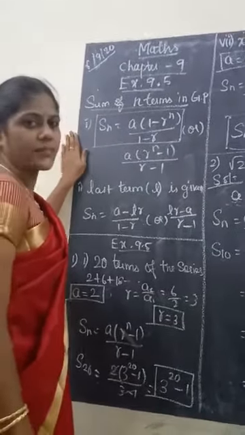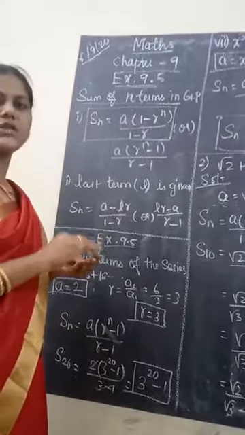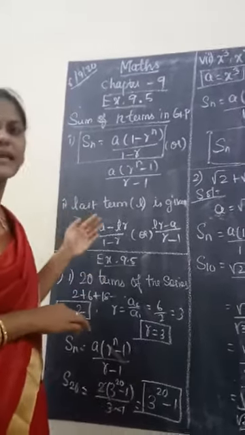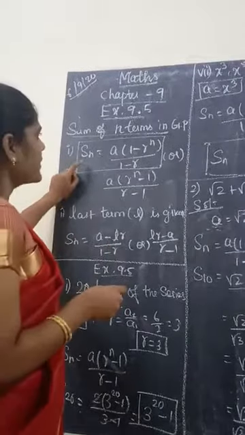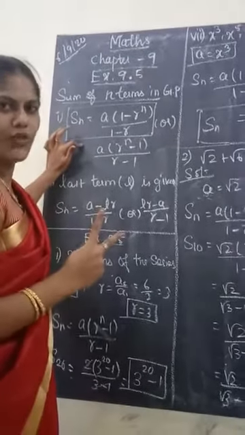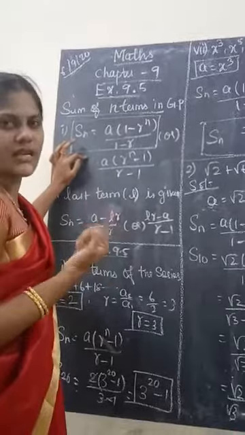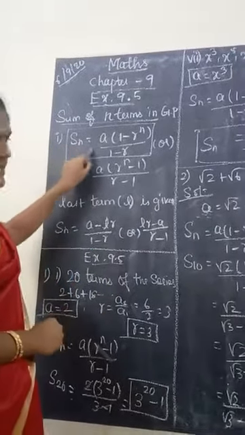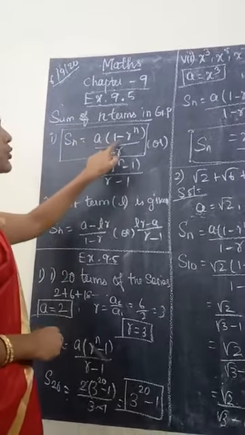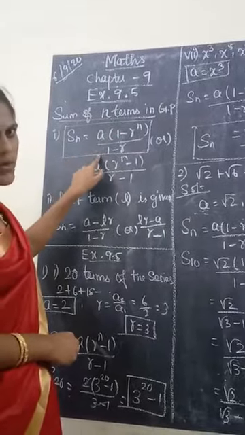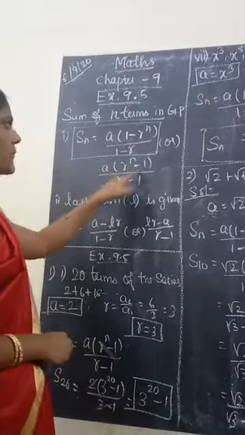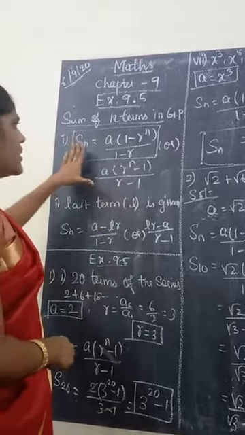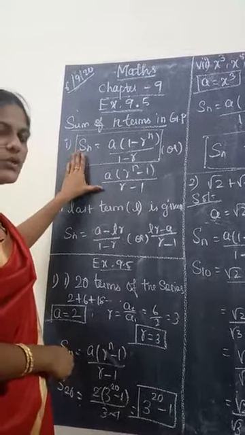Fully based on some category. In AP we saw the Sn formula, the same category in GP. So listen, for finding the sum in GP we have two formulas. You can choose any one and use it. Sn equals a into 1 minus r power n divided by 1 minus r. This is one formula. You can convert it to a into r power n minus 1 by r minus 1. So you are going to use any one formula.